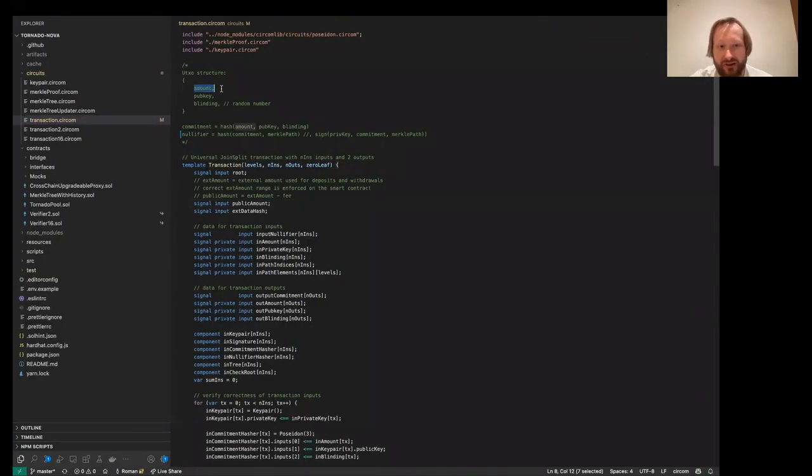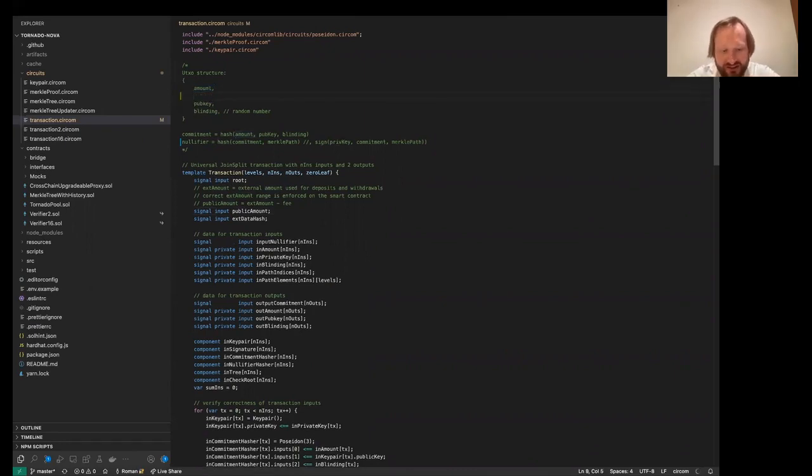we added the amount field to the UTXO structure, but for example, we can add another interesting field, asset ID, and this will allow it to support any ERC20 or NFT tokens. For ERC20, it will be the hash of the address of the ERC20, and for NFTs, it would be the hash of the address plus token ID.